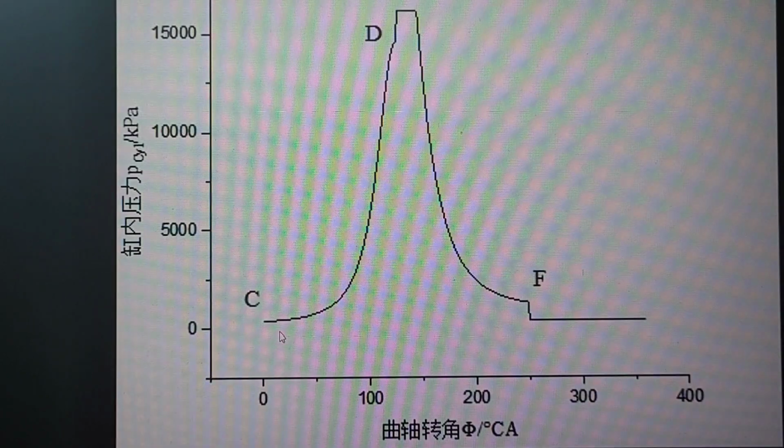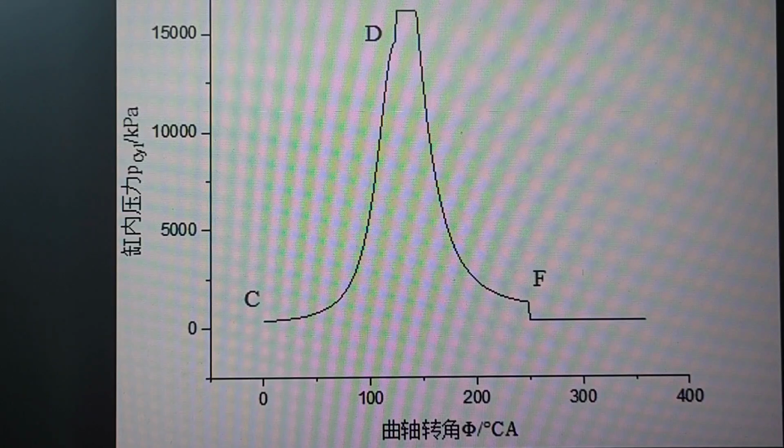And we can use another angle to draw that diagram like this. This axis represents the crankshaft angle. You can actually calculate the cylinder volume using the angle,